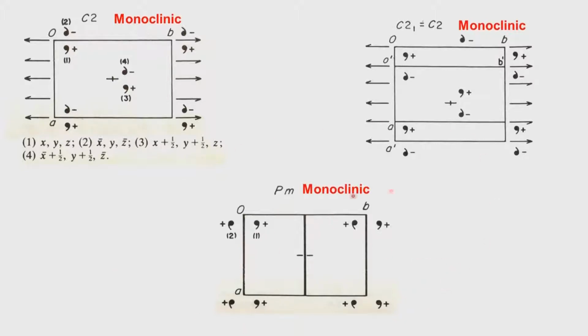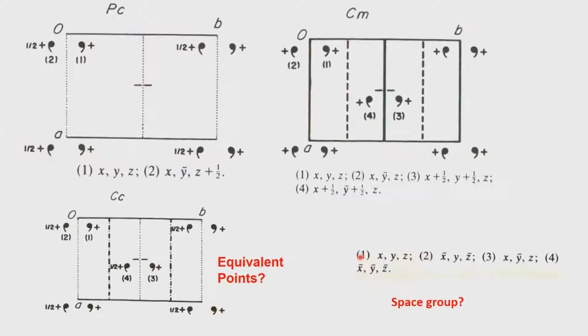So, this you can figure out yourself, it is not a very difficult proposition, and if the object lies on the mirror, what would be its coordinates? Suppose it lies at x equals 0, okay, and then obviously it is perpendicular to the B direction, and so it can lie anywhere in the plane of AC, and any point in the plane of AC if it lies, would it be a special position? This is something which you figure out as we go to the next crystal system.